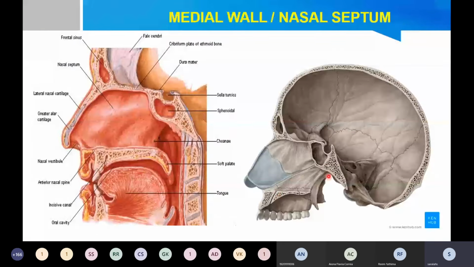So they have taken a section of the skull bone. So one nasal cavity is on the other side. The one which is on this side has been taken off. This is the medial wall or the midline. In the midline, there is a septum. So this is how it appears on your gross specimen. This is the nasal septum. This is how it appears on the skull. So this is the median nasal septum, medial wall of the nose.